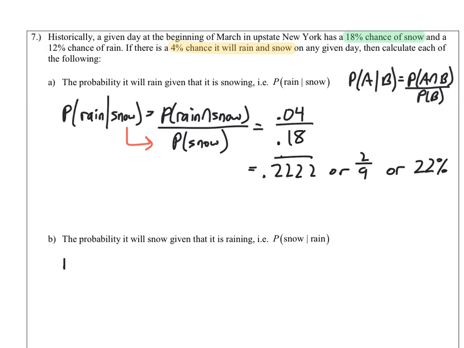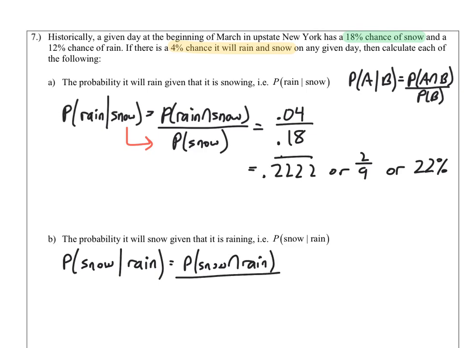So now we're looking at the opposite, the probability that it will snow given that it is currently raining. So again, it's the probability of snow and rain divided by whatever's given. And we're given that it's currently raining. So remember I said in the other problem, rain and snow and snow and rain mean the same thing. When you have that and symbol, the hill, the intersection, it doesn't matter which order it's written in, it's still the same probability of 0.04 divided by the probability that it will rain. So they told us in the problem that there is a 12% chance of rain. So divided by 0.12, you get an answer of